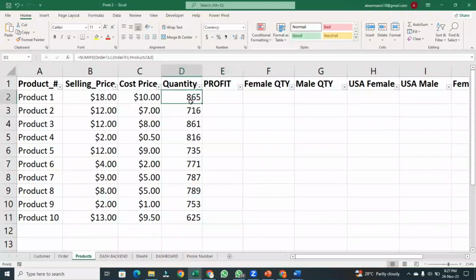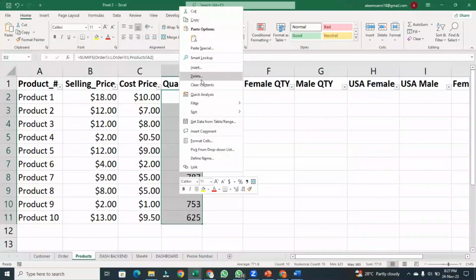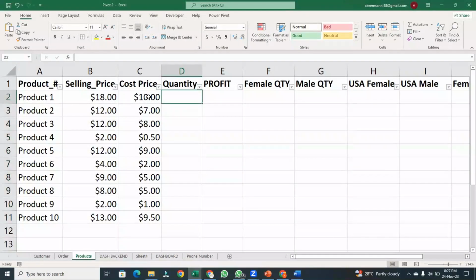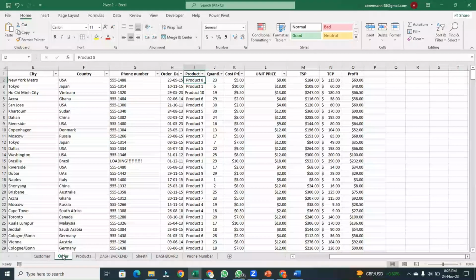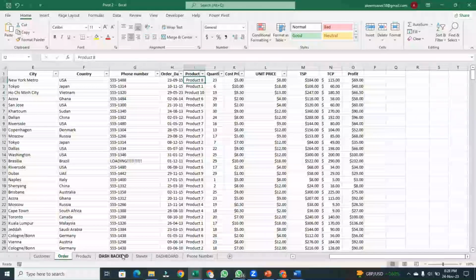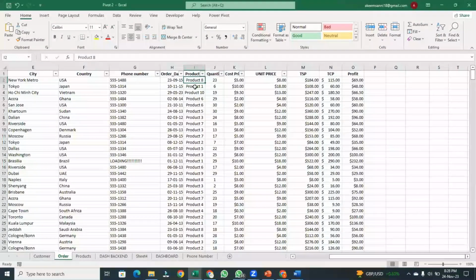So now what I want to do is sum up product one quantity. The quantity for product one, that's what I want to sum up, right? So if I want to sum it up, this is where I'm going to see the quantity. I will see the quantity right here, and I will also see the product. So now what I need you to do for me is, this is product one here. I need Excel to